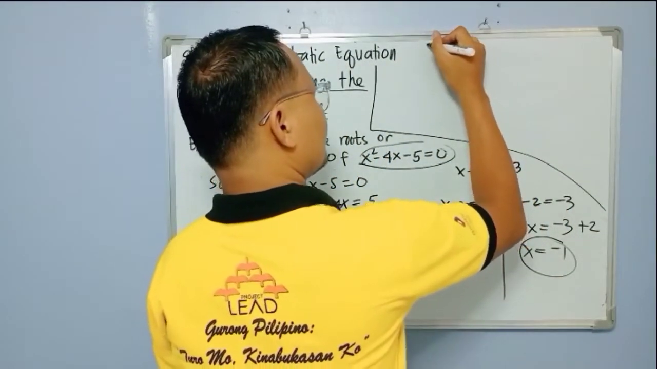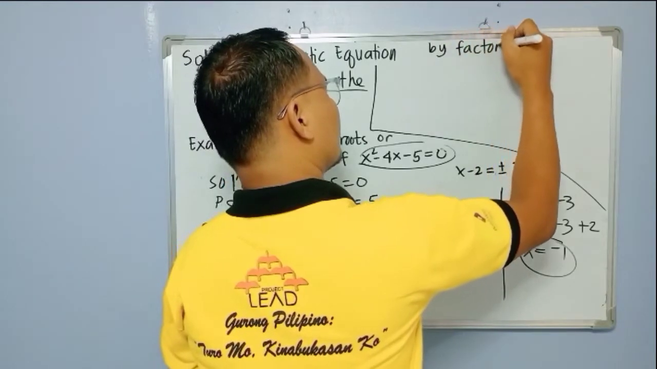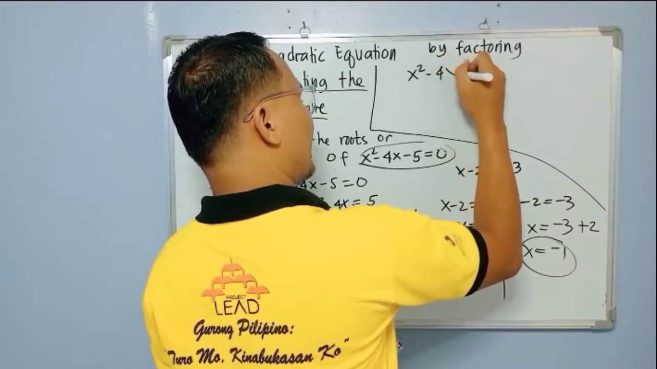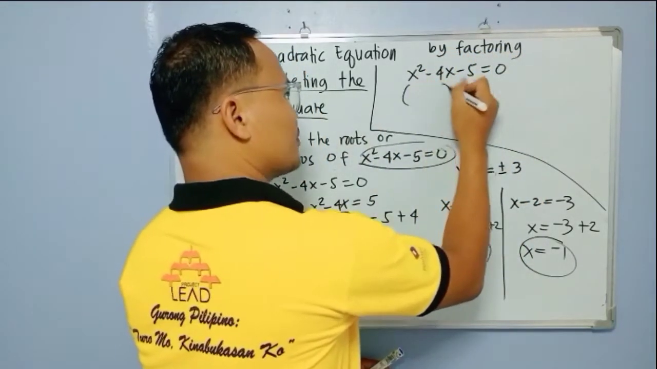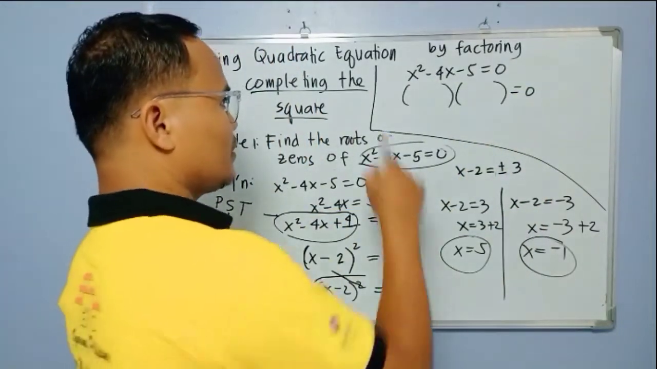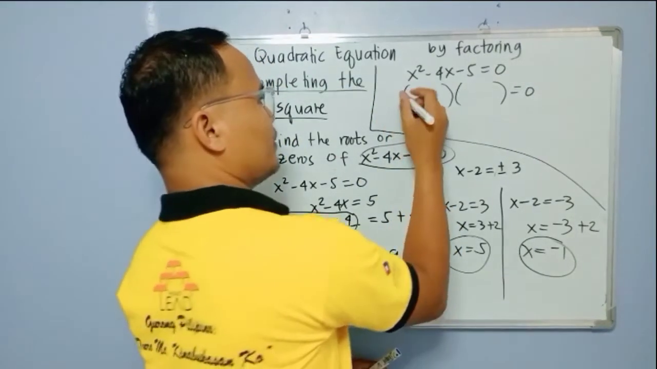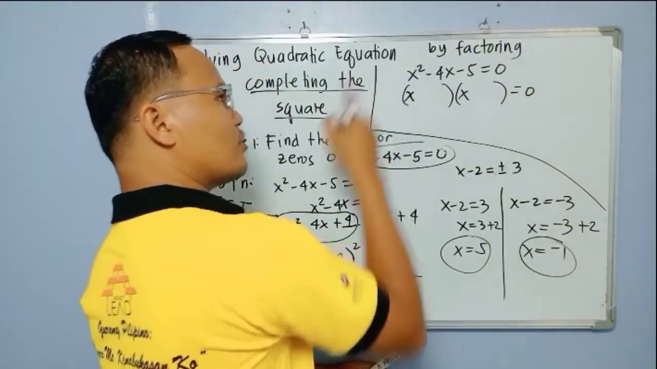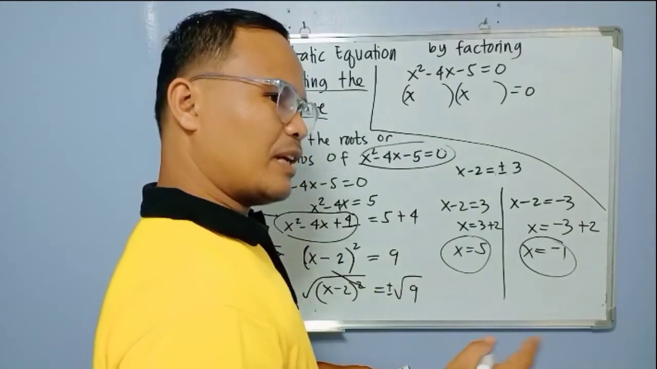So we have, by factoring, x squared minus 4x minus 5 equals 0. Then create two parentheses, then equate to 0. Then factor out the quadratic term here. So we have x times x. Since a is equal to 1, then we can now apply the idea